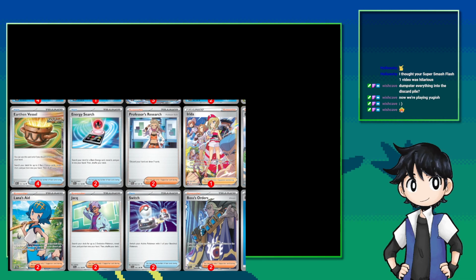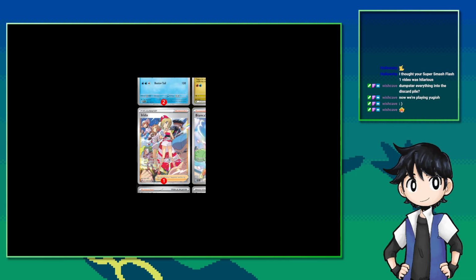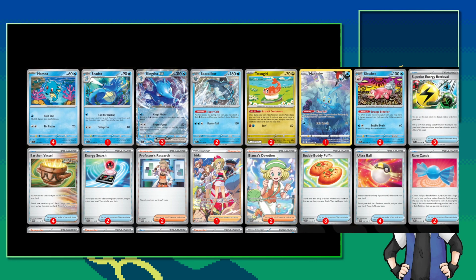So for those of you who don't know, Irida: search your deck for a water Pokemon and an item card. Reveal them and put them into your hand. This is really useful because depending on the situation, if I need KINGDRA set up, I can get KINGDRA and then a Rare Candy, which allows me to get set up immediately on that turn or the next one, depending on when I set up Horsey. Or if I already have KINGDRA set up, then I can use my Irida to get an Ultra Ball or something, and then a Slowbro. And then I use the Ultra Ball, which has the condition...